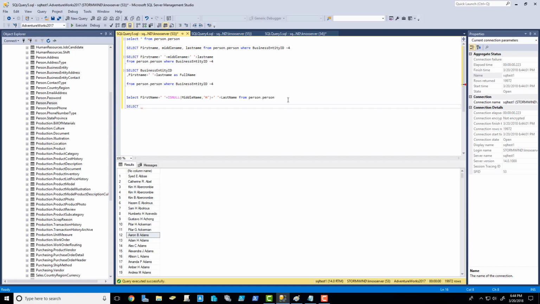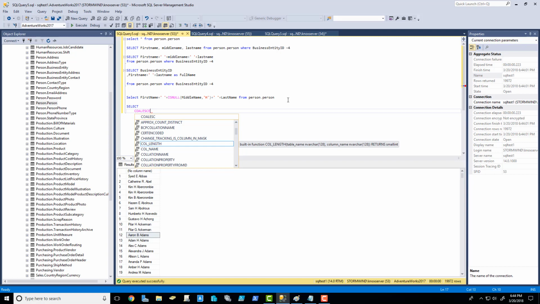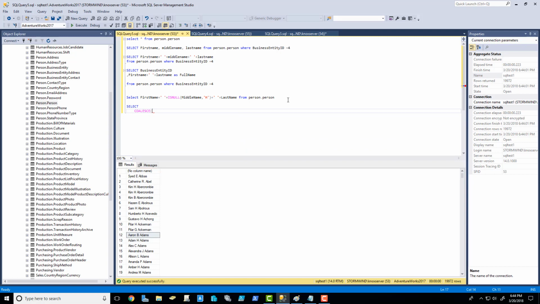This one is a little bit trickier. I'm going to clean this up. I'm going to write a really clean query here. And we're going to do tab. And I'm going to say coalesce. And you can see it instantly goes pink. I'm going to open my parentheses. The first scenario I want you to try is first name plus space plus middle name plus space plus last name. And if that returns a null because the middle name column was null, go and just try the next entry, which is first name